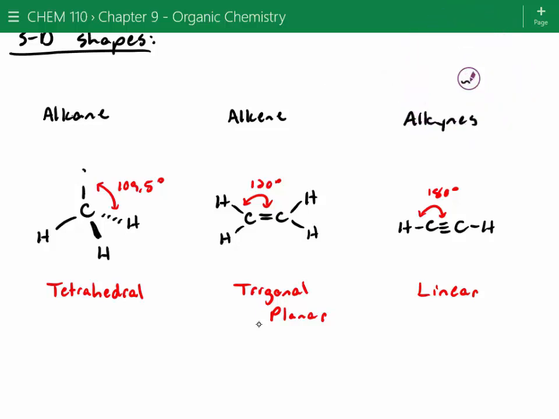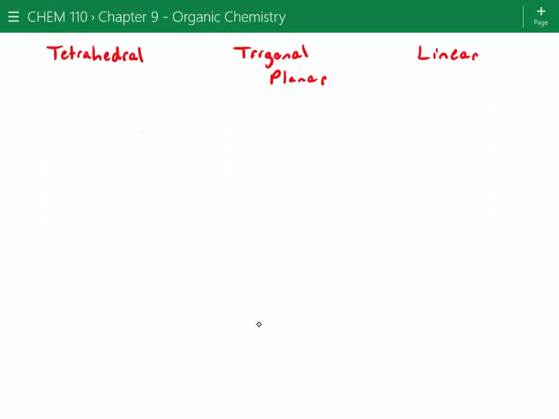Sorry. Let's do it this way. I'll fix it for you guys. There we go. All right, so we've got 109.5. Typically, you can think of an alkane as anything without double or triple bonds, though. So he just wanted to see the carbon-carbon bond, not the carbon-hydrogen bond. So an alkane is anything consisting of all single bonds. An alkene has carbon-carbon double bonds. An alkyne has carbon-carbon triple bonds. All right, so now let's get into naming conventions.